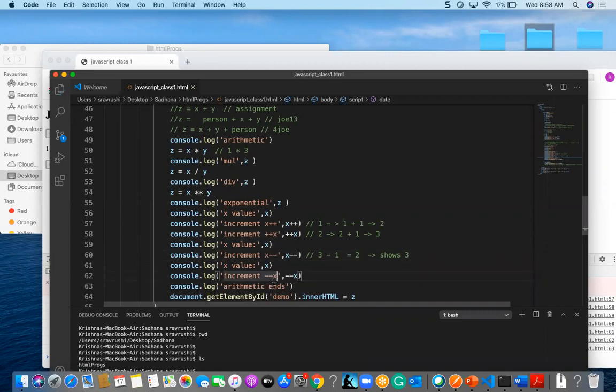You understood, right? Now it is 2 minus 1, but it shows 1 since it is a pre-decrement value, it shows the result.